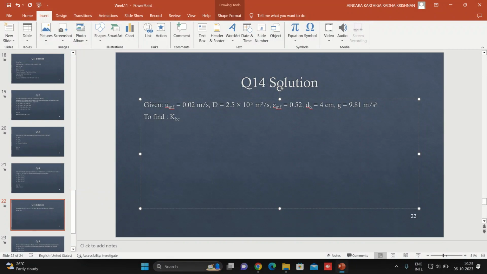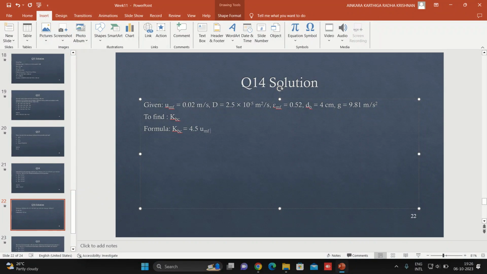The formula we need to use is the Davidson and Harrison expression. So the formula for this particular one is: KBC is equal to 4.5